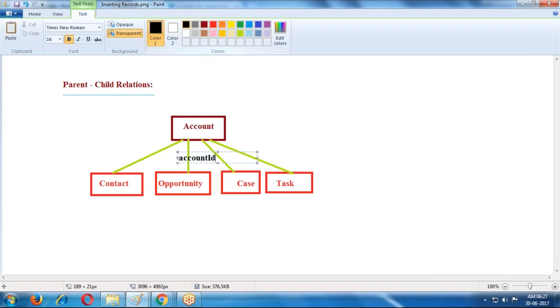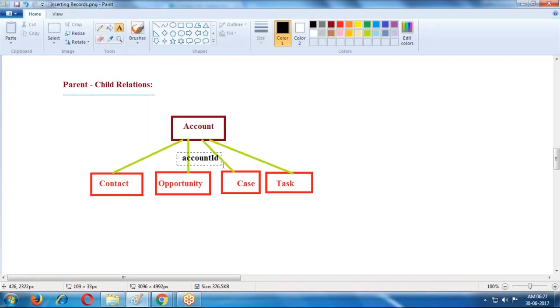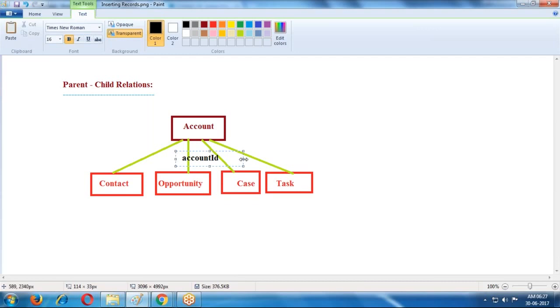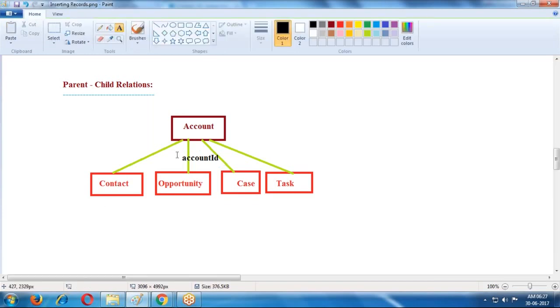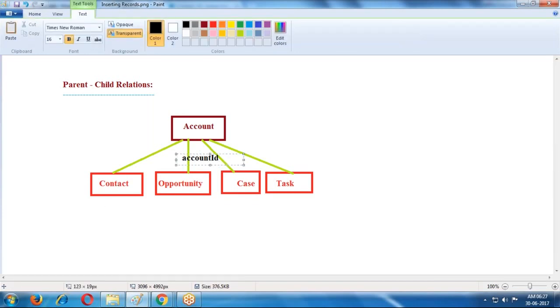This is the API field name. Internally, for standard objects, the API name is provided without underscore C. That name is AccountId. By using this account ID, we can represent parent to child relations.